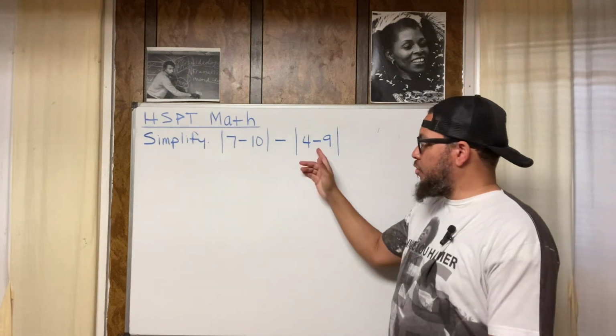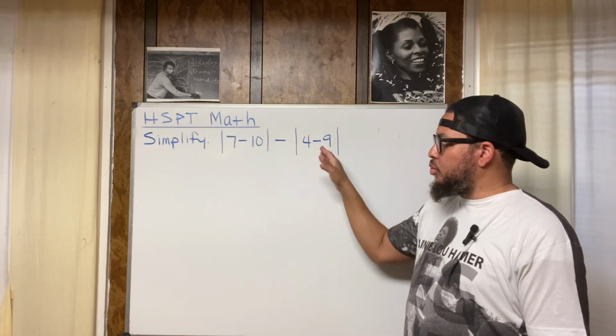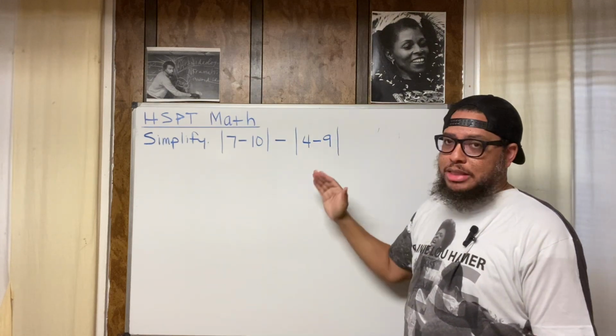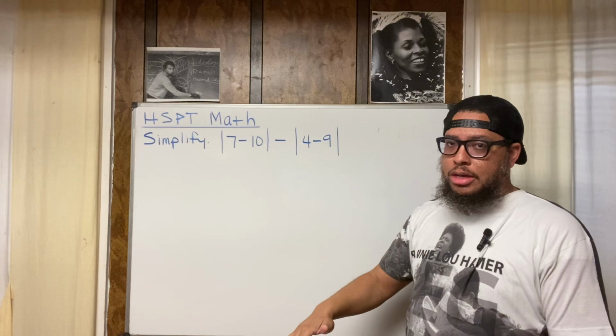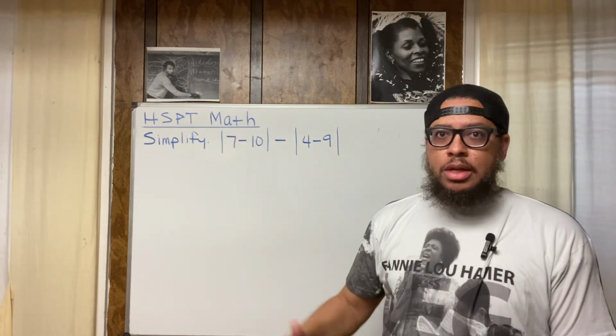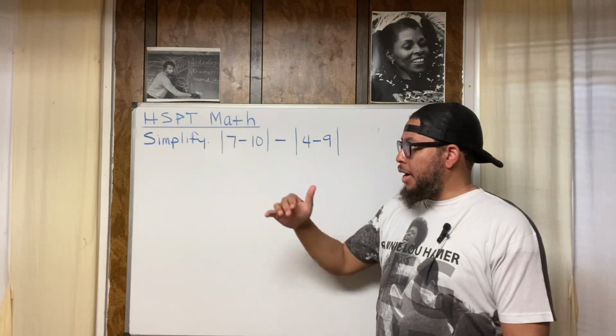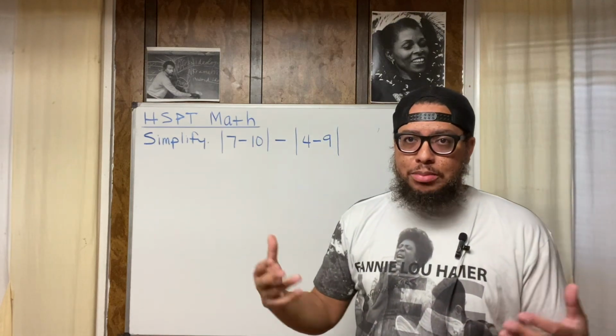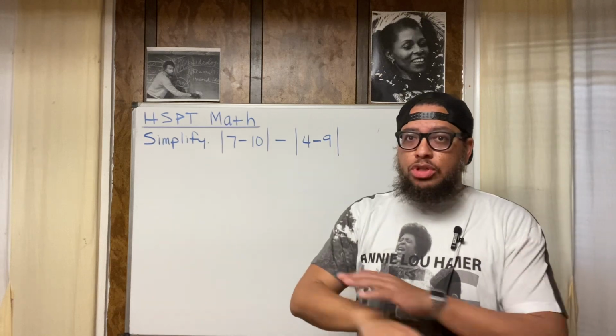All right. Even over here, you don't change this minus 9, which can be seen as a negative 9, into a positive 9 and then do 4 plus 9. You don't do that. On this channel, you're going to learn what you should do. You're also going to learn what you shouldn't do, because a lot of people out here tripping. So I'm here to tell you what to look out for, because you might be tempted to make these mistakes. So I'm going to just tell you up front, don't do that.